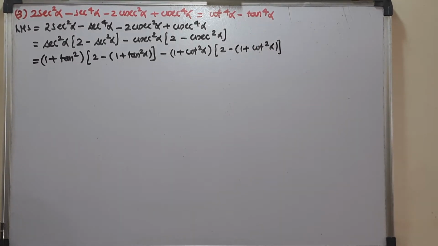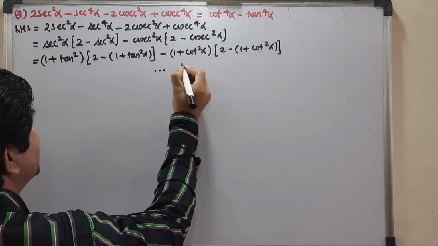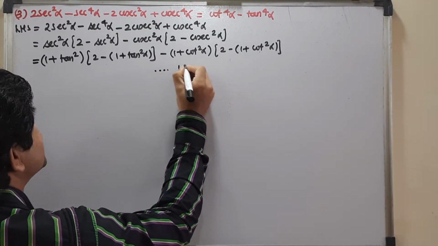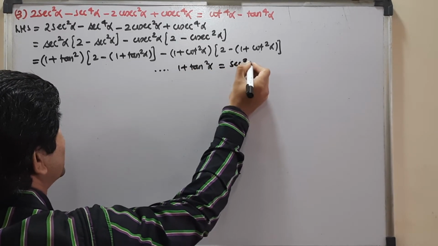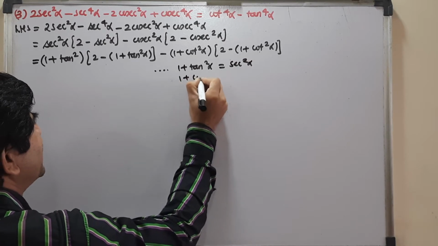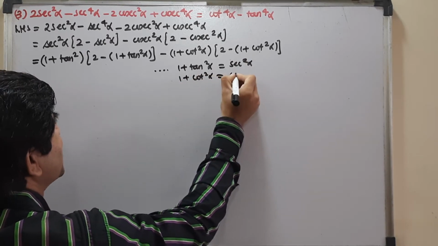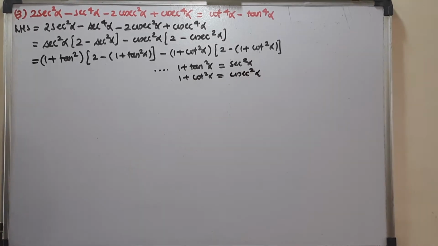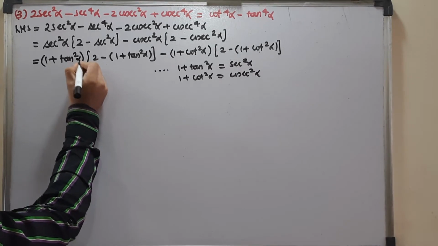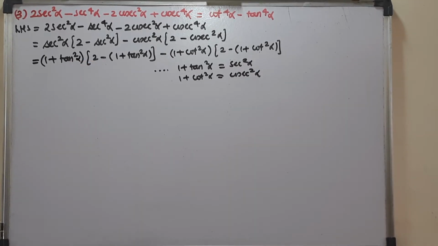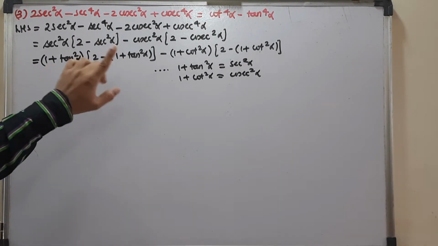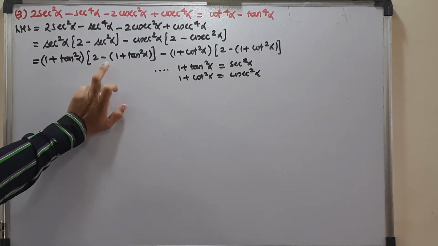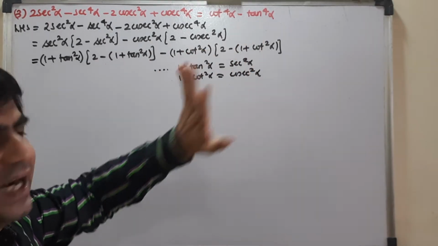Okay. So I will write the reason over here: 1 plus tan square alpha is equal to sec square alpha, and 1 plus cot square alpha is equal to cosec square alpha. Here, alpha is not written, alpha. So when I try to solve it further, I will not touch this one because I want tan square alpha. But I can at least solve this part and this part. So that I will solve.